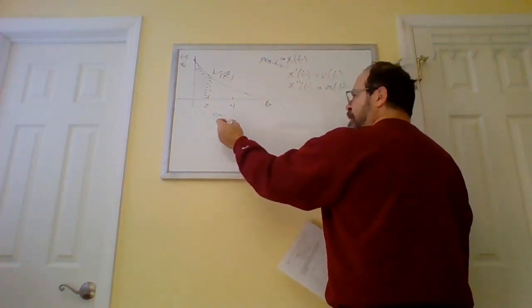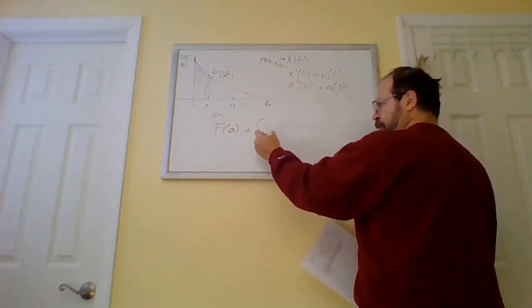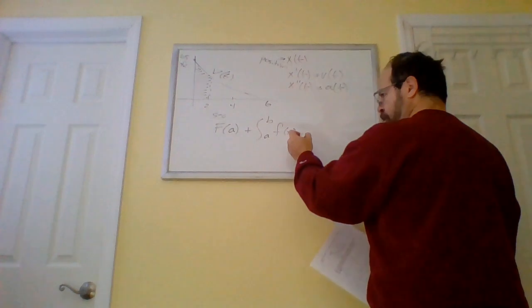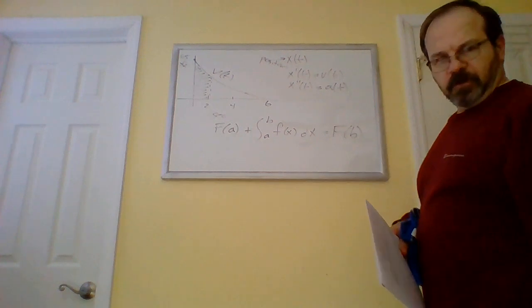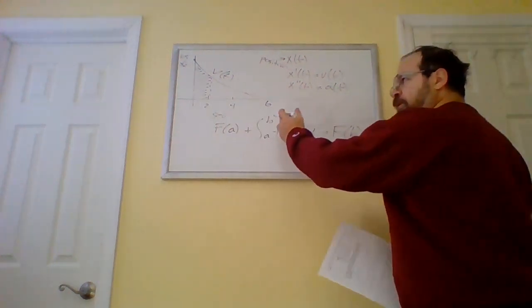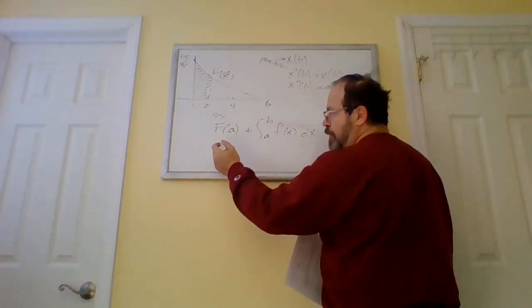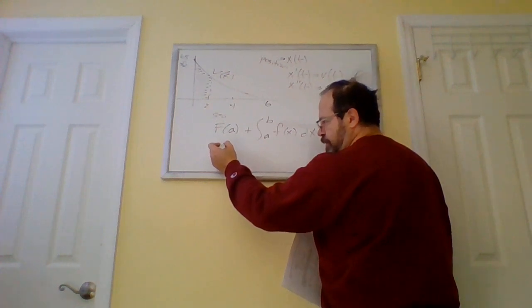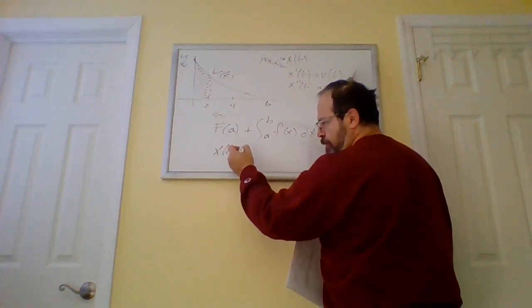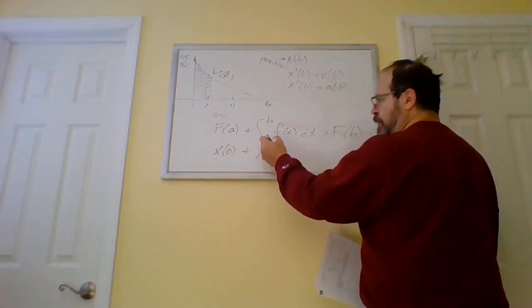Remember we said the first fundamental theorem: we have an initial value, we get an accumulated change, we get a new value. So the question is, what's our initial position? For lack of a better description, I'm going to call it x is 0 for position 0, plus the accumulated change from 0 to x